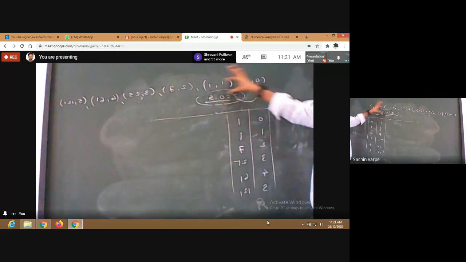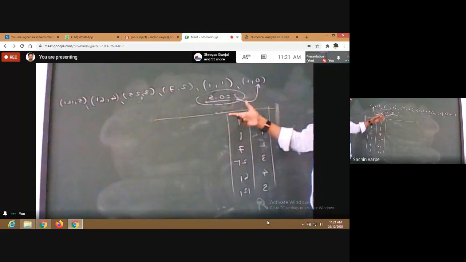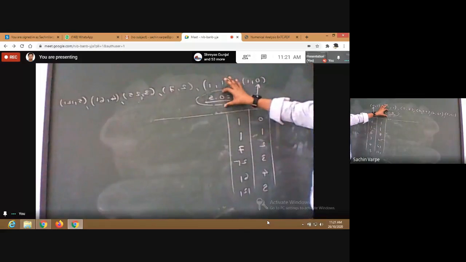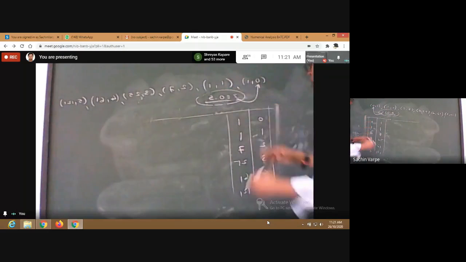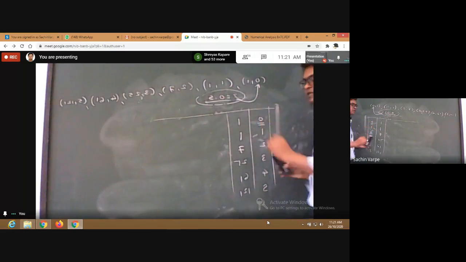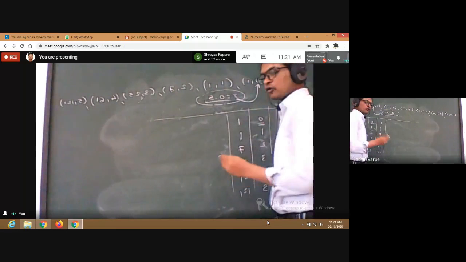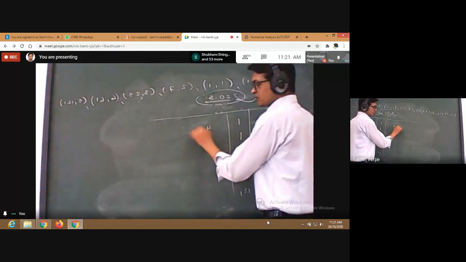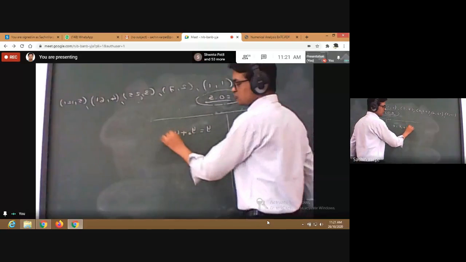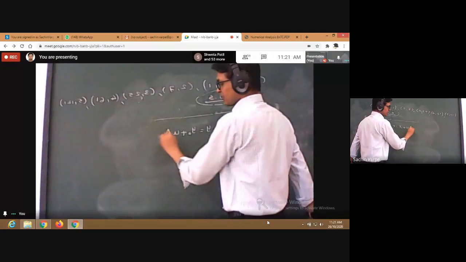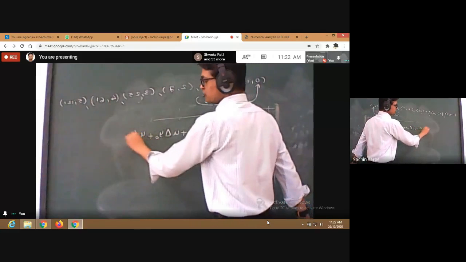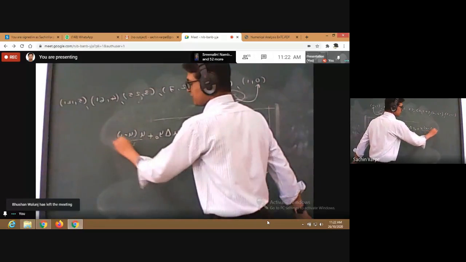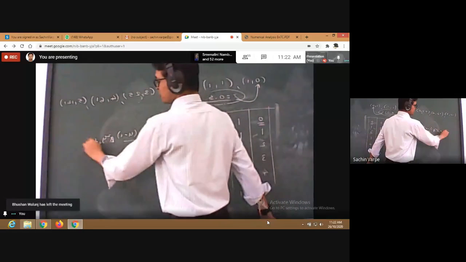So choose the formula accordingly. Here, since the given value is very much close to the initial observation x naught, I'll select the formula of the forward difference operator in terms of y naught only. So what is the formula? y is equal to y naught plus u delta y naught plus u into (u minus 1) upon 2 factorial delta square y naught plus and so on.